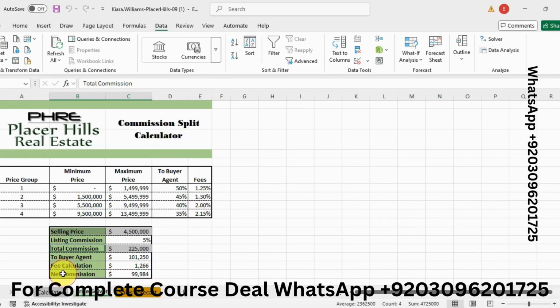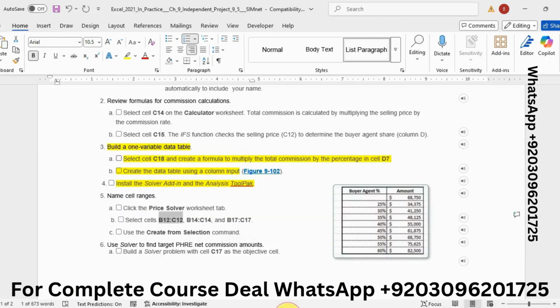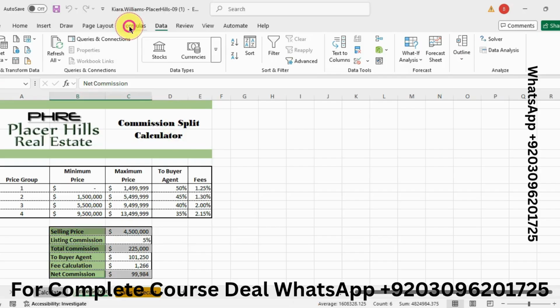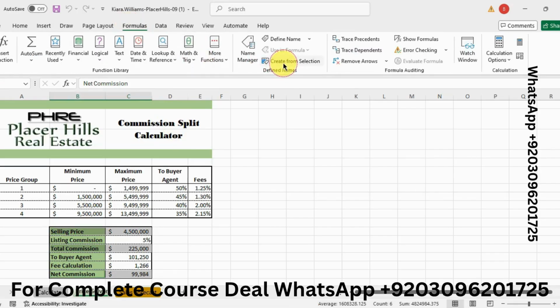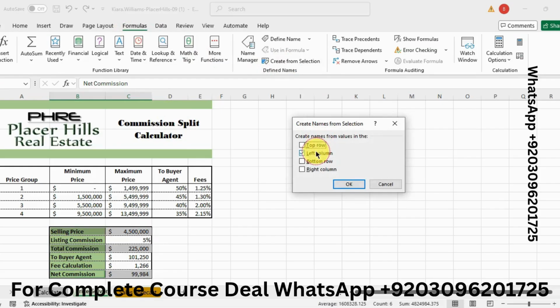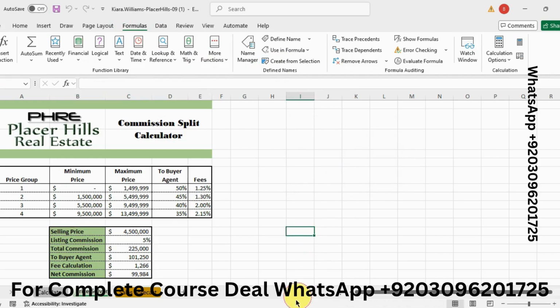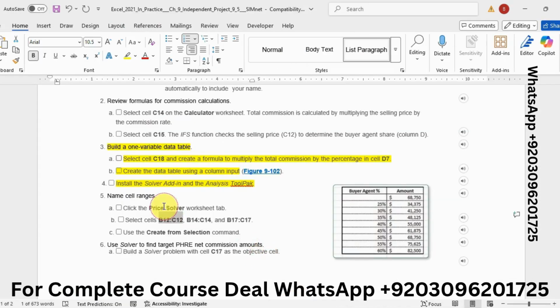Press Ctrl and select B17 to C17. OK, and use the Create from Selection command. So go to the Formulas tab and click on Create from Selection and click on left column and then click on OK. So I have completed 5 steps successfully in this video.